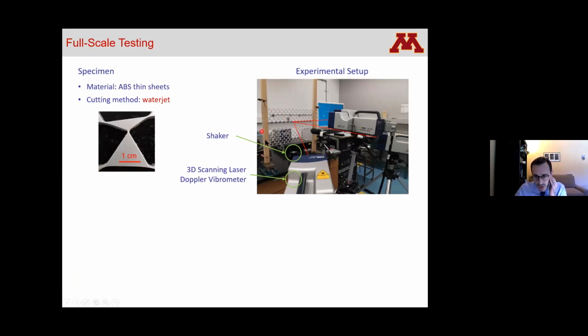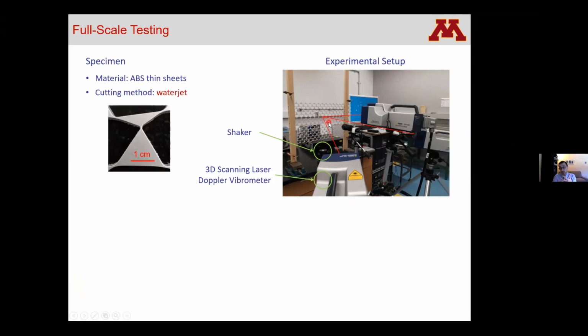The specimen was placed vertically like this. It was clamped at the two sides, while the top and the bottom were left free. And here I was applying an excitation through a shaker with a stinger. So the force was applied in the plane of the lattice and exerted at this point on the edge. And then I was using a 3D laser vibrometer to scan the available surface of the lattice and reconstruct experimentally the in-plane motion of the points belonging to the surface, and therefore obtain an experimental map of